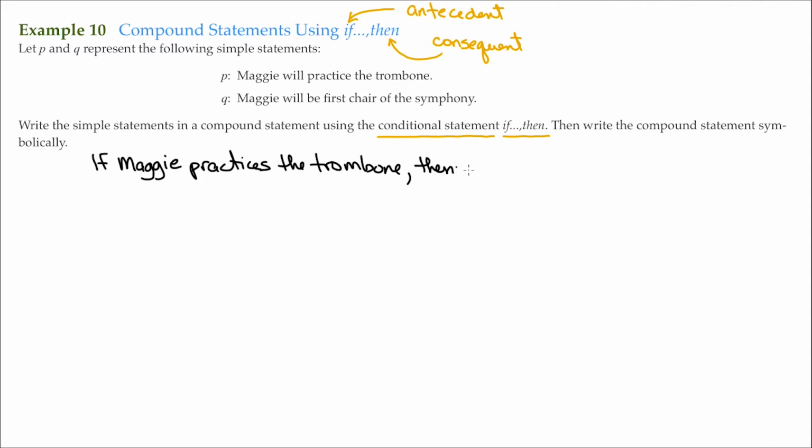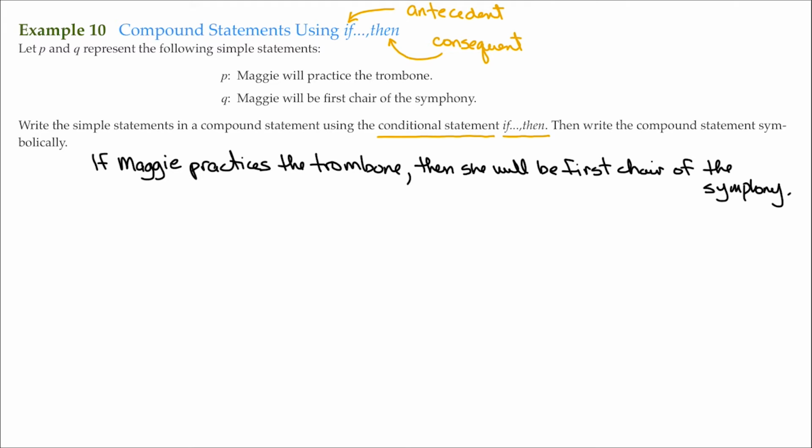Then she will be first chair of the symphony. So obviously, as we read it, this conditional statement, if Maggie practices the trombone, then she will be first chair